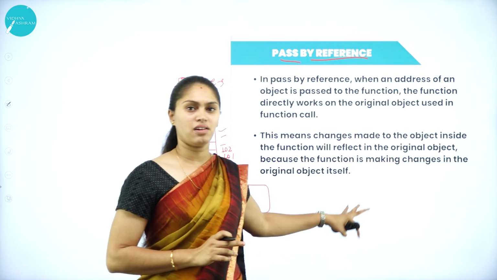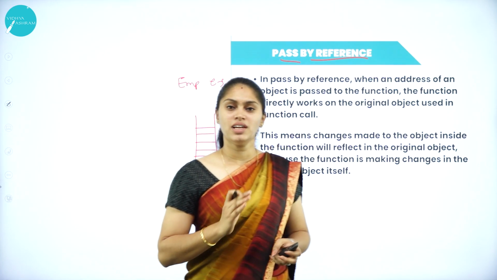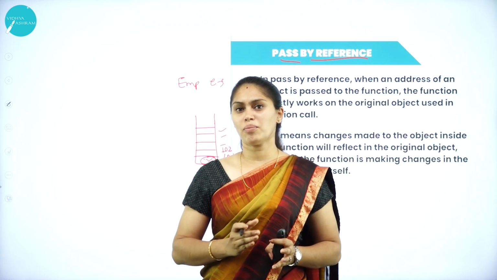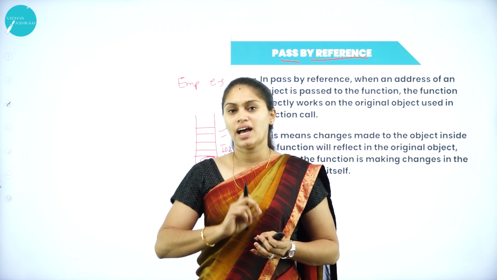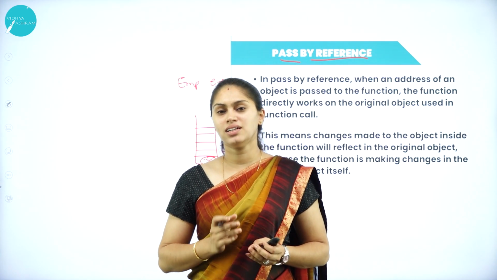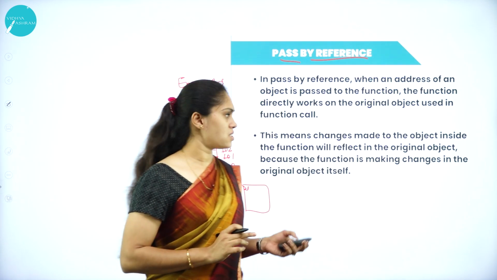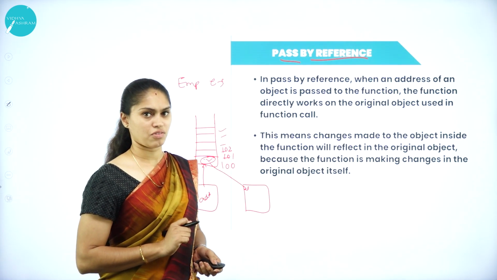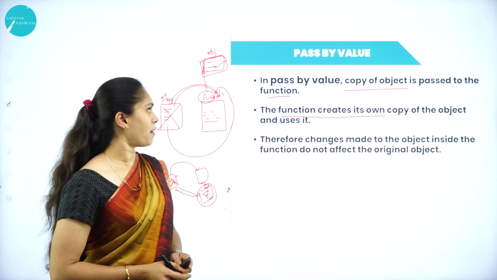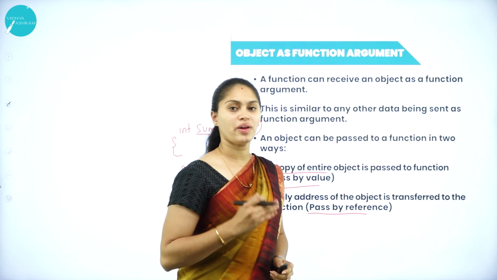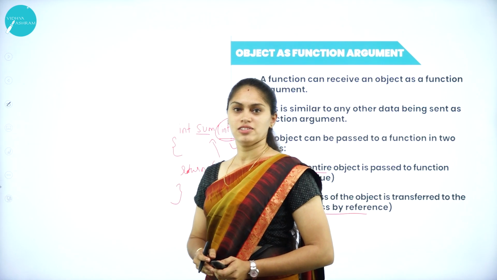But pass by reference is more efficient than pass by value. In pass by value, it has to take the complete copy of an object. Instead of that, we can just send the link of an address as a parameter or argument. That will be more efficient. Okay. So this is regarding pass by value and pass by reference. I hope you all understood pass by reference along with pass by value. That means how we can send an object as an argument or parameter to the function.